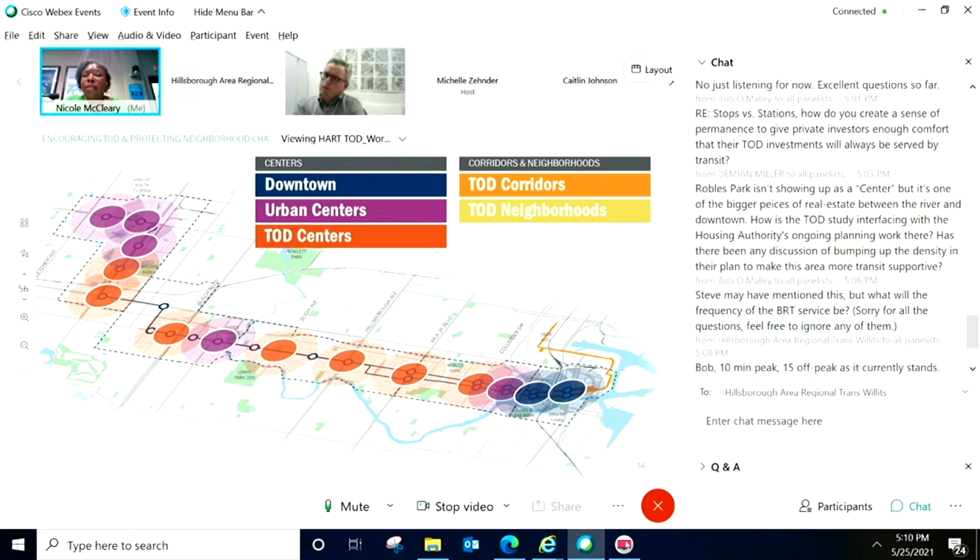Okay, so we have another. Go ahead, Steve. I think Bob raises an important question about the value capture potential for this. There's the existing community redevelopment area mechanism that would allow for tax increment revenue to be used to support both improvements in transportation, mobility, and other sorts of improvements along the corridor.